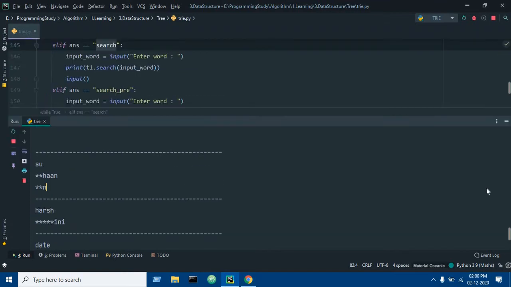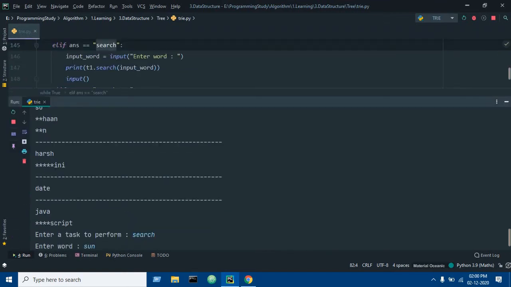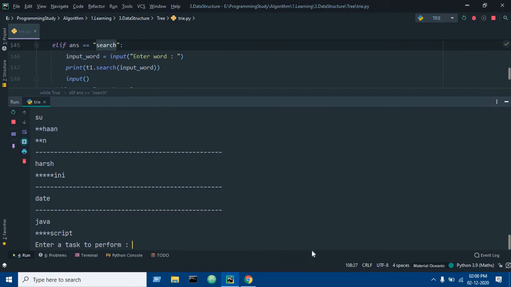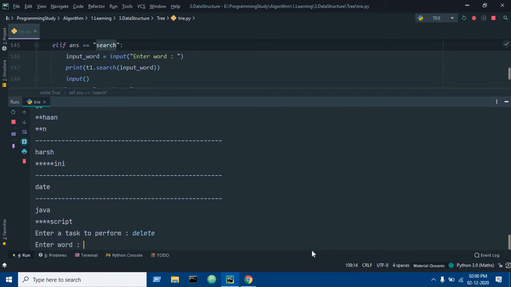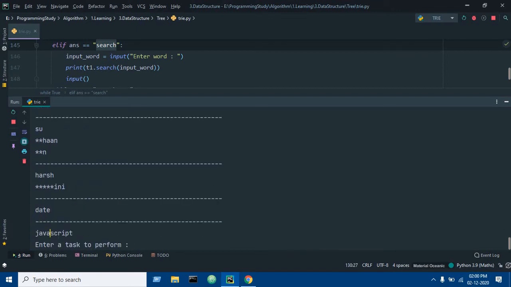So that was all of it. I want to share it because many were trying to learn new data structures and it will help a lot. I want to also show the function delete. If I delete Java, then Java has been deleted and only JavaScript is there.